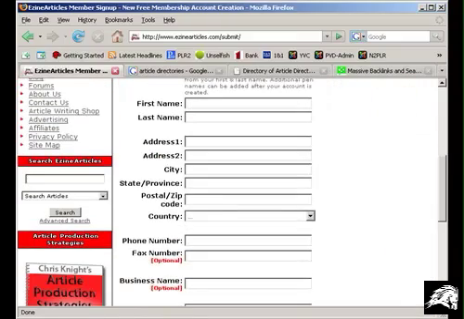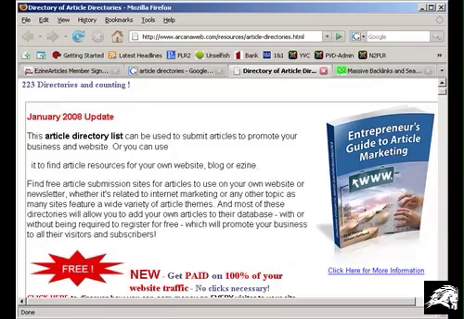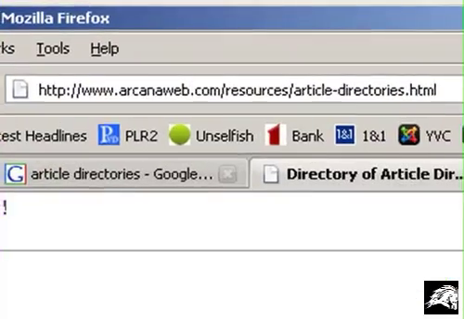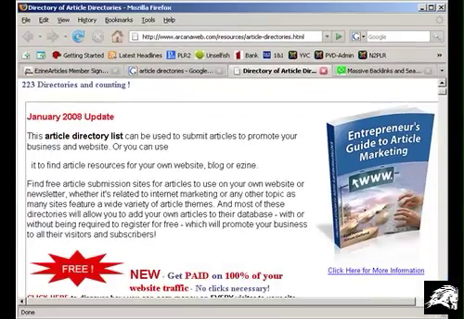Now, your article will be published in its entirety on most article directories, while a few will only post a link to your article, which you will then need to have in full on your website. And let me show you a site that I came across here. This is basically a directory of directories, and it was last updated last month, January. And one thing I wanted to point out, you can see right here in the corner, there's 223 directories